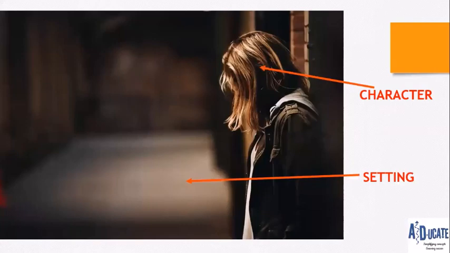So we have our image. Based on our image, we actually have an advantage because now we can see our character and we can see our setting. We see our female who looks depressed or distressed maybe, sad maybe. And we see a blurry setting that looks like an empty hallway. So at least we have an advantage with knowing at least two elements of our story already. But we have to make sure that when we think about our storyline, it comes together sensibly with what we are seeing as our image.